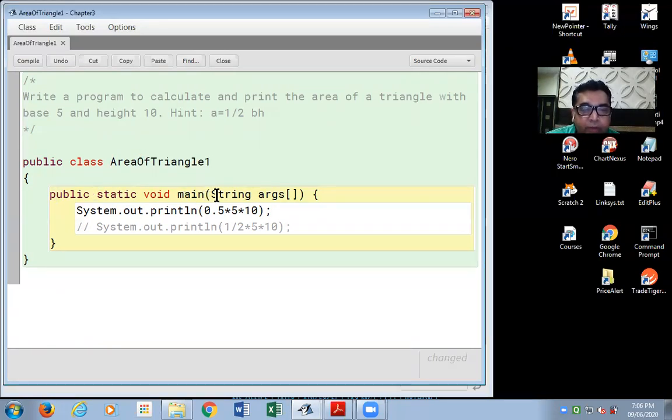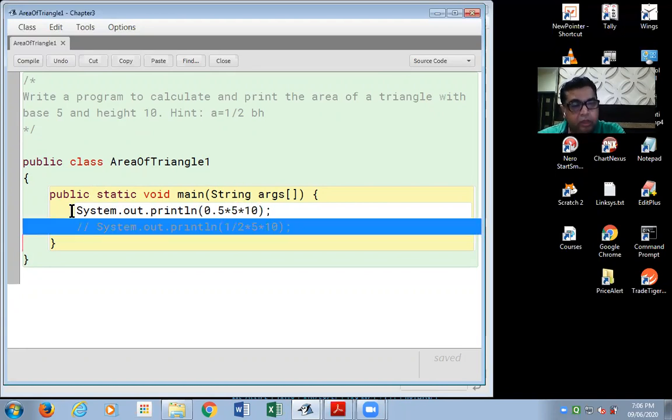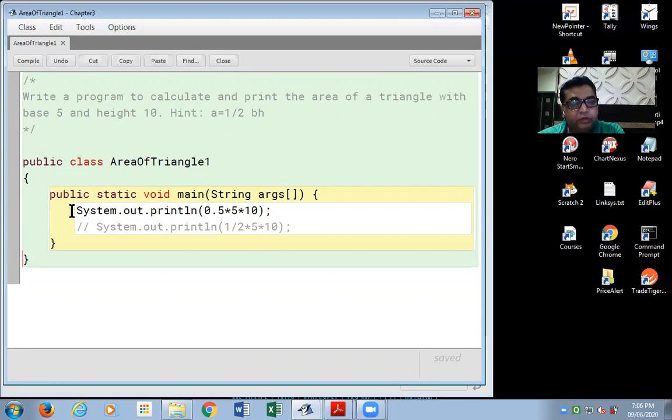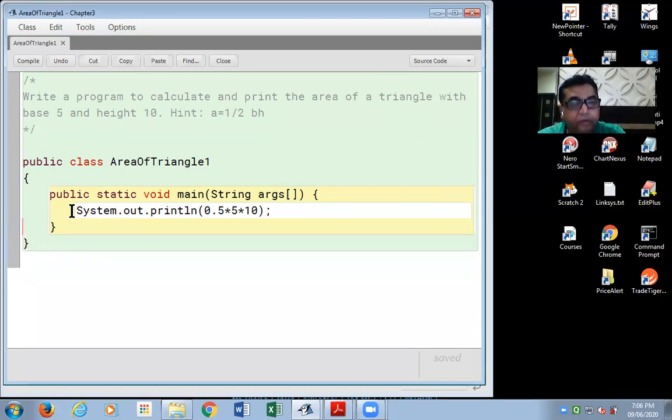Public static void main function, and within this main function I have written system.out.println 0.5 into 5 into 10. 0.5 multiplied by the value of base and the value of height. This statement, which did not give us the correct result, I'm just removing it.